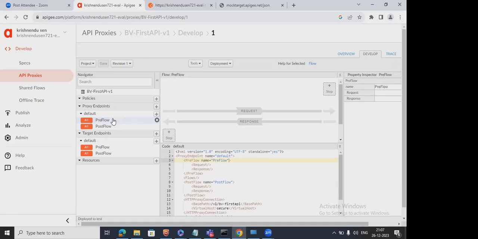So what do we mean by that? That means when we are using some common policies like traffic management, a quota policy, or a security policy, which we want to apply to the entire proxy, in this case what we can do is add that policy in the pre-flow. Okay, pre-flow means the top of that flow. So I'm adding, see,